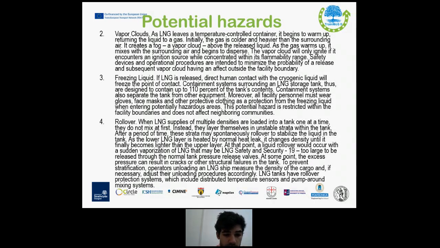The fourth potential hazard is the rollover. When LNG supplies of multiple densities are loaded into a tank one at a time, they do not mix at first. Instead, they layer themselves in an unstable strata within the tank. After a period of time, this strata may spontaneously roll over to stabilize the liquid in the tank. As the lower LNG layer is heated by a normal heat leak, it changes density until it finally becomes lighter than the upper layer. At that point, a liquid rollover would occur with a sudden evaporation of LNG that may be